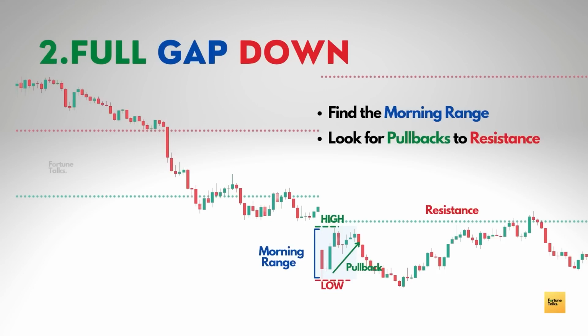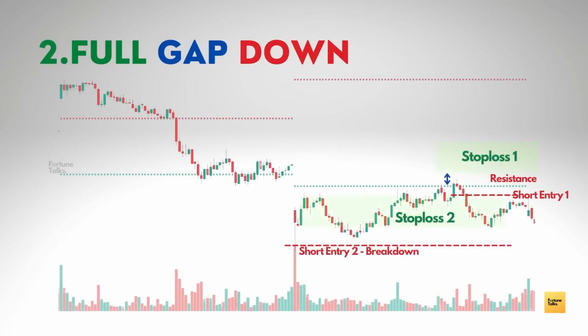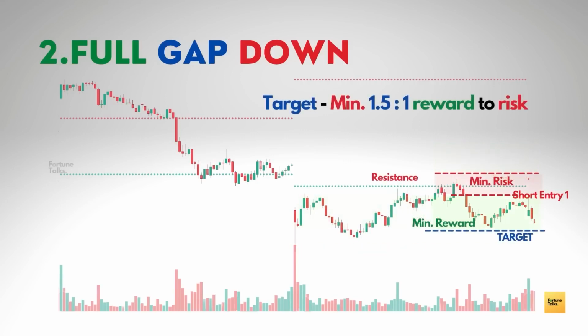Now you have to mark the low price of the range so formed during the first hour, and if the price manages to break below this range low with a high amount of volume, then we can enter a continuation trade in the direction of the gap down. We can take a short entry below the breakout of the range low, and we can place the stop loss above the previous day low, or in case the range is too large, we can enter a short trade with a predefined reward to risk of at least 1.5:1, keeping the stop loss just above the breakdown of the